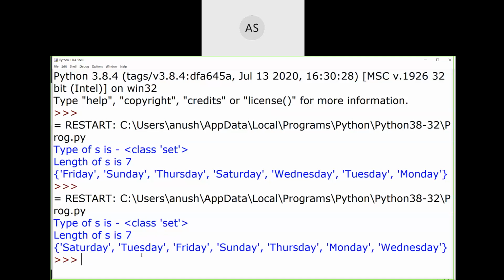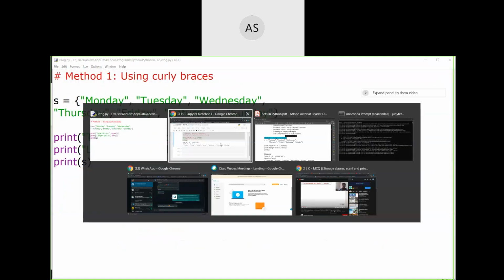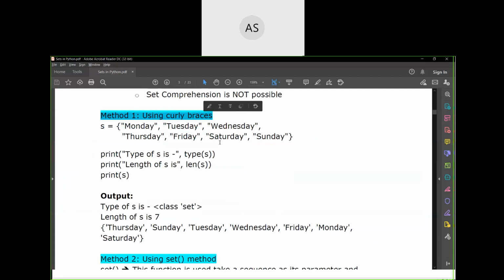Internally how the data is going to be stored, and when you print the entire set, in which order it will come, is actually unpredictable for you. So you cannot predict the output in any order. Since they are unordered, you will be getting the results like this. This is one very important point you have to remember with regards to sets.